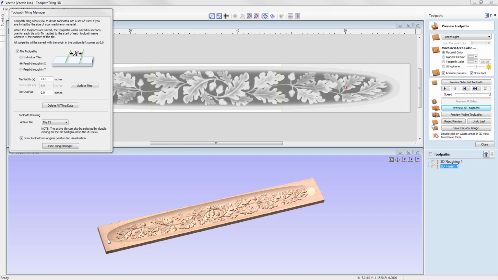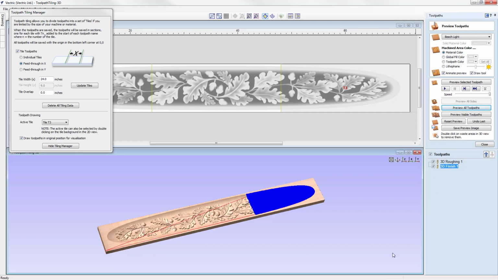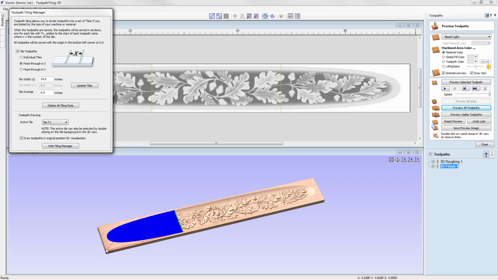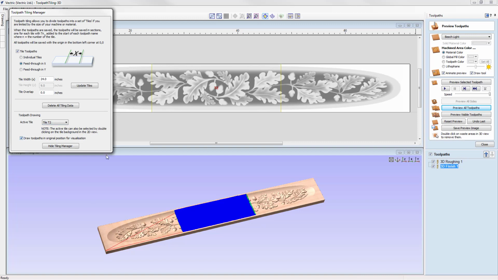It's worth pointing out that the 3D view doesn't really show us a realistic view of how the part is going to be machined in a 24 by 9-inch tile. If we just switch on our toolpaths, and then if we go to tile 1, we can see that our X0, Y0 origin is in the lower left hand corner. And then if we change tiles to the second tile, it's still at that same place, so the origin remains the same,